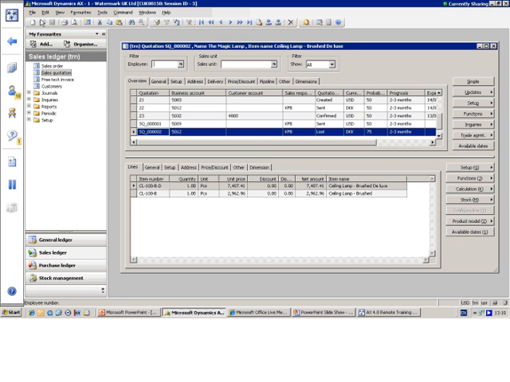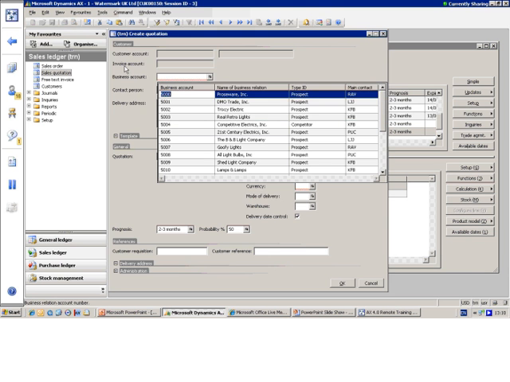So let's create a new sales quotation. As you remember, to create a new record is Control-N. We'll click the New button. So what I will do, I will select the business account. As this is a quotation, it operates on the prospects, competitors, and business accounts. So let's select an account that I know is